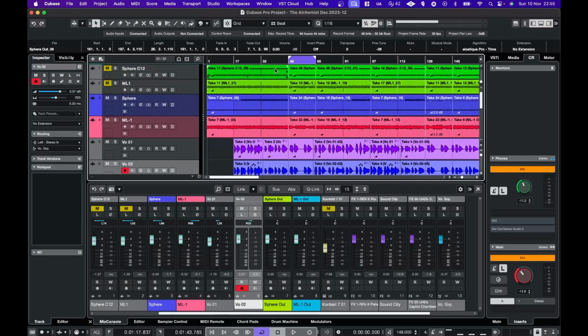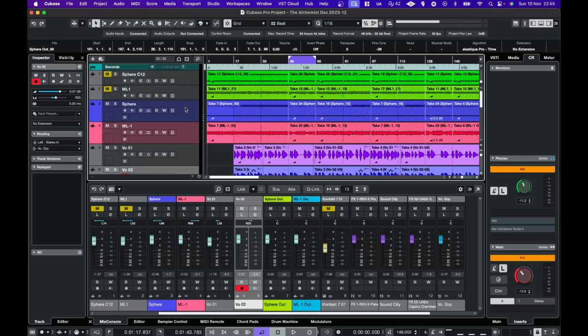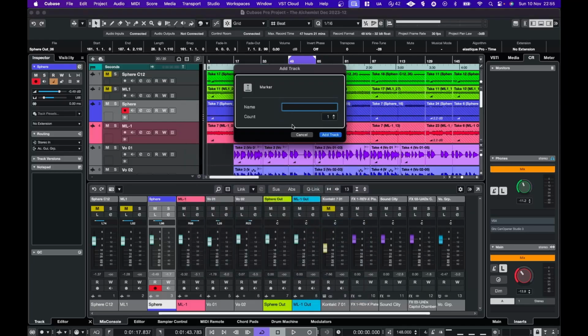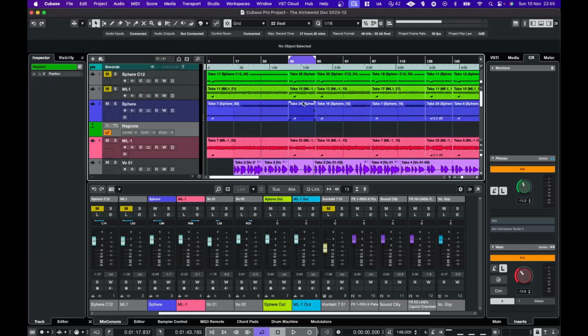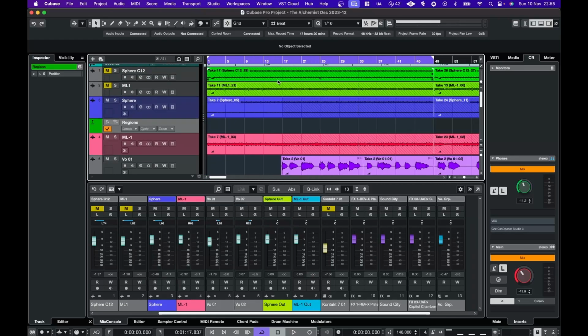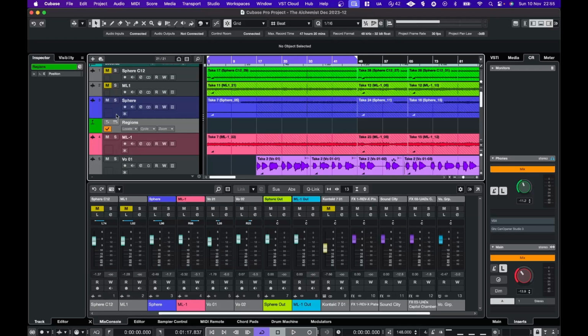But what I found the other day was that if I go here, I create a track, I create a marker track, and then if I just call that regions, and then if I set this up for the verse section, and just make sure that it's correctly configured, all good. Then on this regions track, if I just hit add cycle marker,